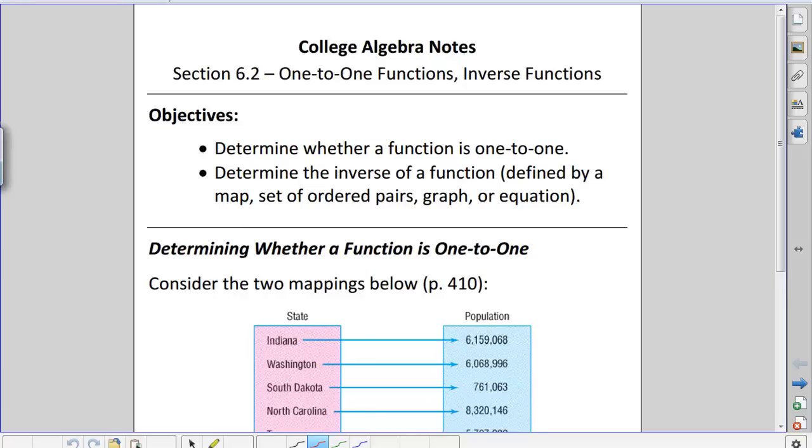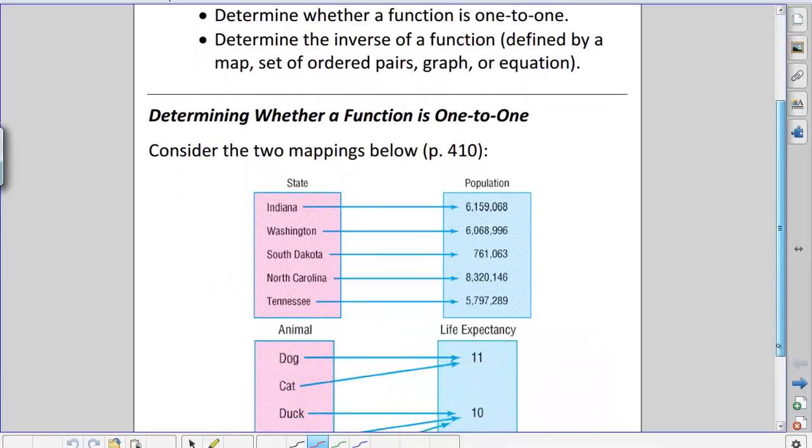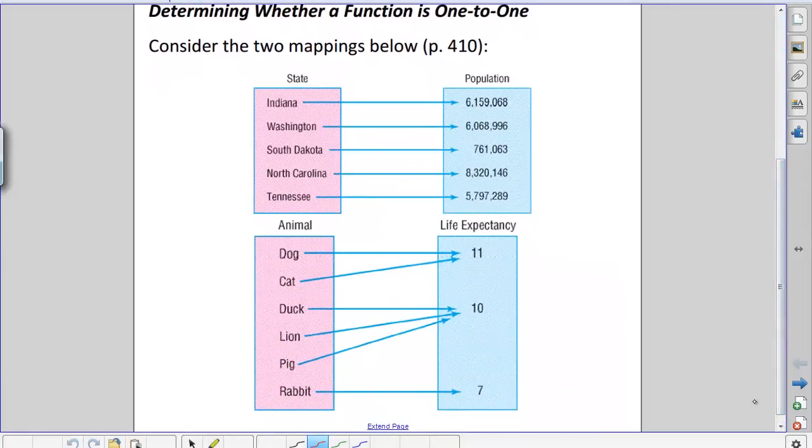In section 6.2, we're going to cover two more concepts of functions, those being one-to-one functions and inverse functions. So let's dive right in here and get to it. First is one-to-one functions. The cool thing about one-to-one functions is that a one-to-one function is exactly what you think